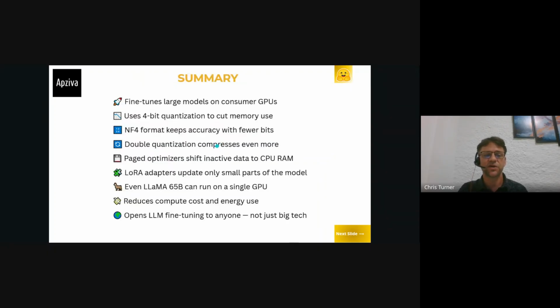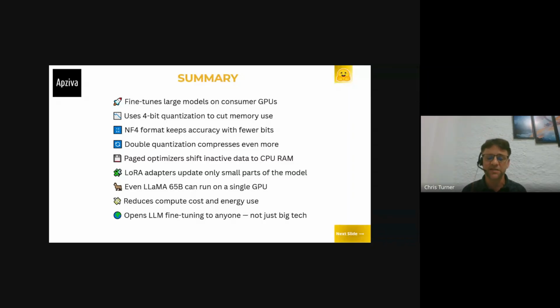So basically, QLoRA helps us download these models into a 4-bit format on our computer. It institutes double quantization, which helps compress the data even further. They instituted the paged optimizers, which help our tiny computers deal with these giant amounts of data. In addition, we're assisted by the process of LoRA, where we only need to train these smaller LoRA adapters instead of training every weight in the original base model.